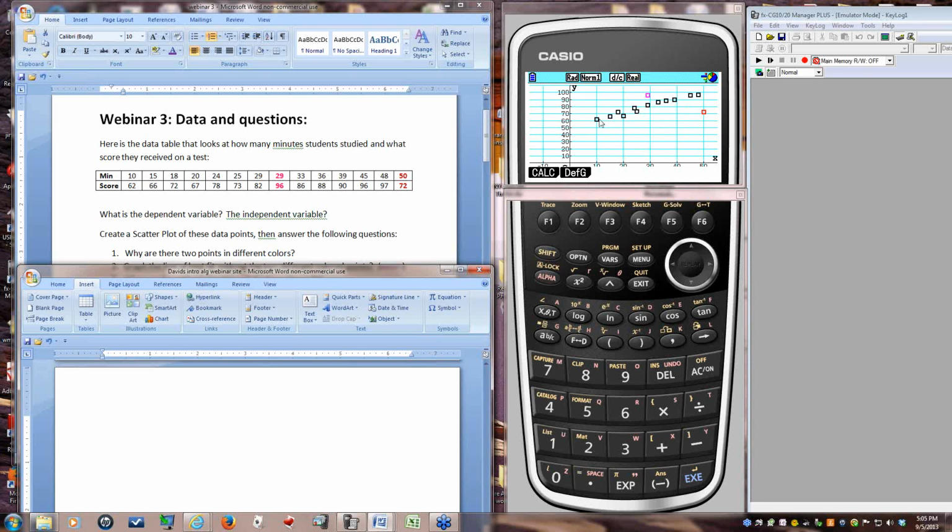I want to ignore the two red ones. And the reason I always put in at least one or two outliers like this is that way if the students just go in and calculate the line of best fit, that's not what I want them to do in this type of problem. I'm looking at problems for middle school or maybe Algebra 1 or Algebra 1 in middle